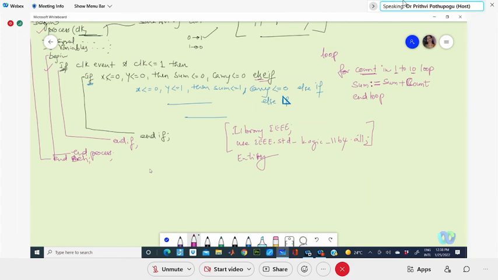Whatever the already designed and saved library functions, you'll be calling. That means some basic functions like all logic gates or logical operators, there is no need for you to rewrite or redesign them as entities. Directly, you can go to the IEEE library and find out what built-in constructs are available. Then with the same port map statements, you can call them as components into your design.